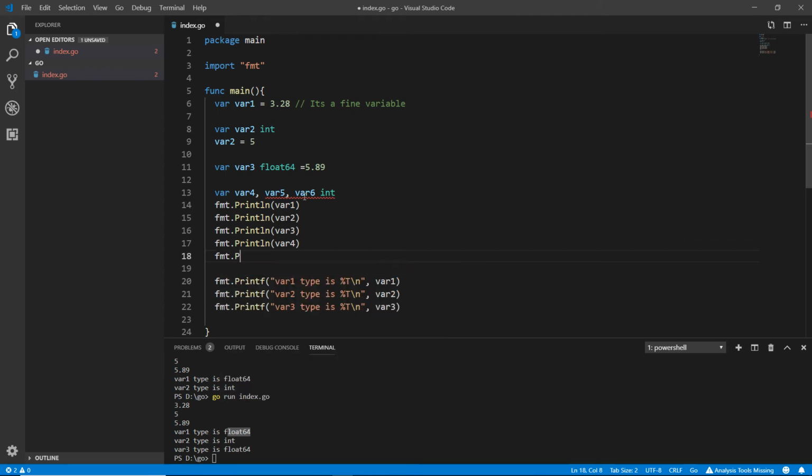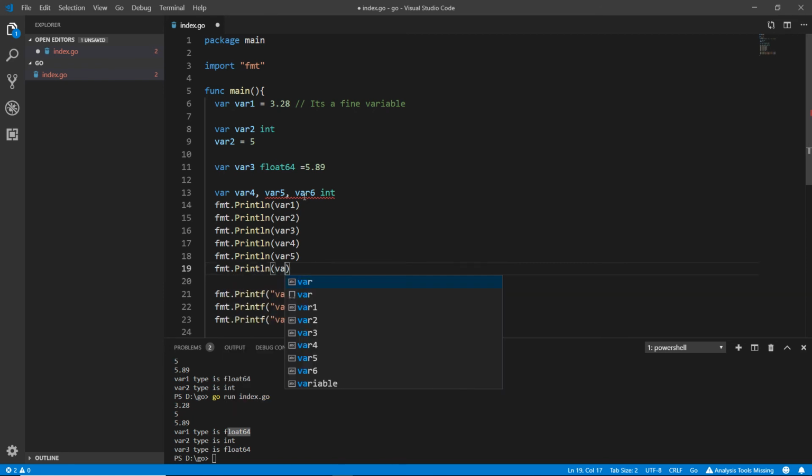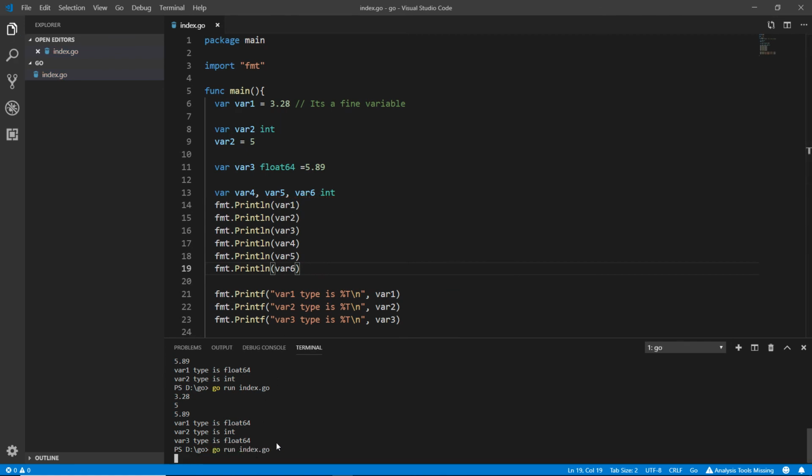So the fmt.Println, and here I'm writing var5, and I'm going down, fmt.Println the var6. Now save. Okay, let's check the result we're going to have. You can see that the values of 4, 5, 6 are 0 because we just declared them. We didn't use them yet, but we declared them. So you can see the value is just 0 by now,